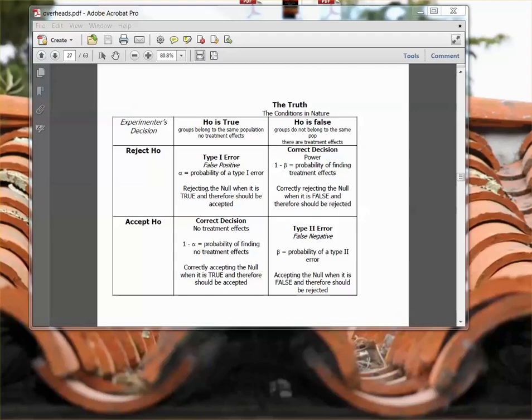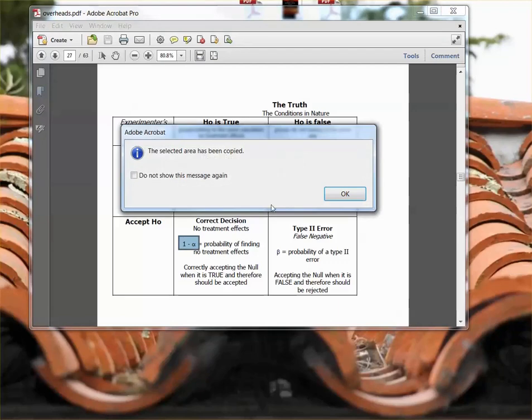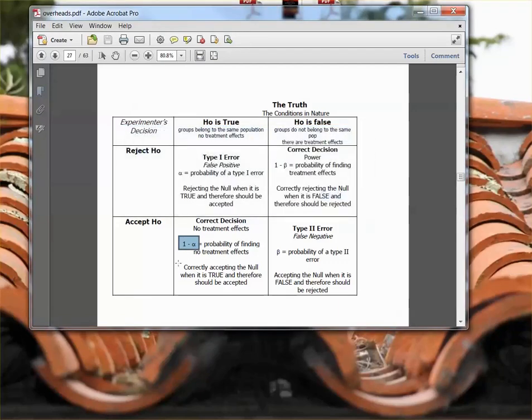Then, in a separate video, we'll talk about how to maximize our correct decisions and change around these probabilities. Now, the other thing we could do is accept the null hypothesis when it's true. This would be a correct decision, and that's represented by 1 minus alpha. The reason it's represented by 1 minus alpha is, remember, this is going to fall under one entire frequency distribution, right? If you have one area which is alpha, everything else sums to 1,